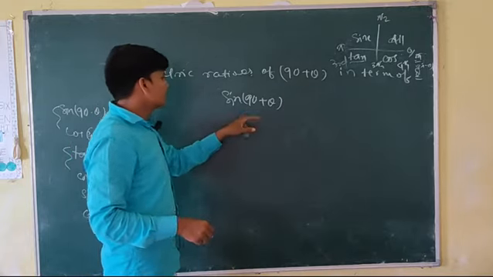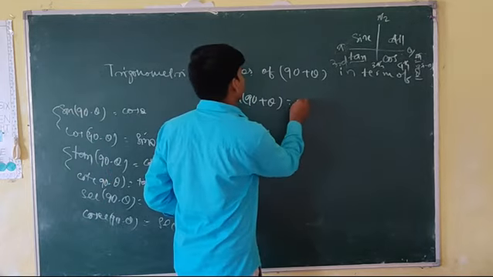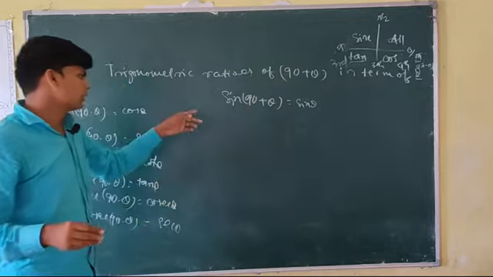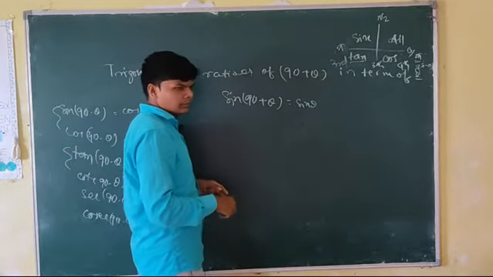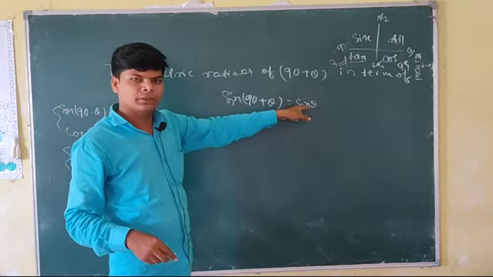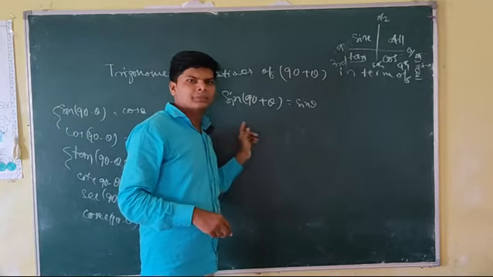We will just write the value of sin 90 plus theta is sin theta. Why is it sin theta? No need to derive an expression for this. We need to just memorize that sin 90 plus theta is sin theta. It will not come in your exams how it is proved.